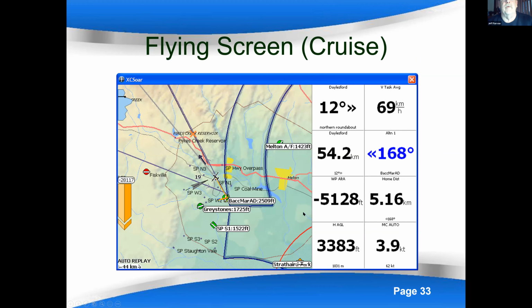You finish climbing and you start heading out on your task. And you start to get some additional information. This brown line around here, the fuzziness below it, is the distance that you can travel before you hit the ground, or your terrain clearance in this case, since we have terrain clearance set.